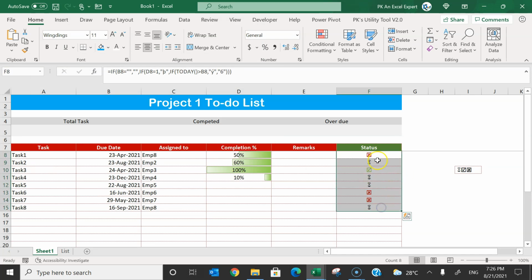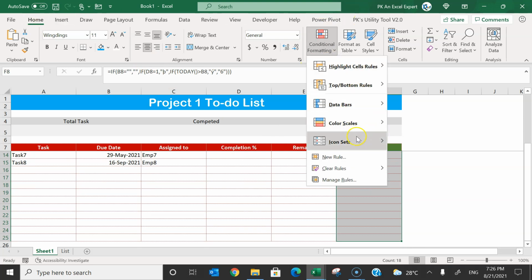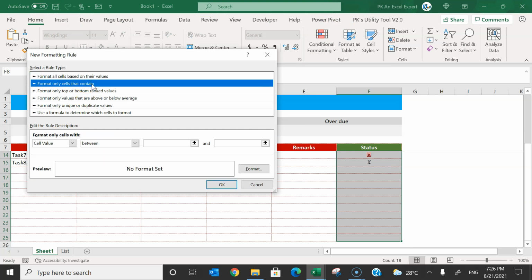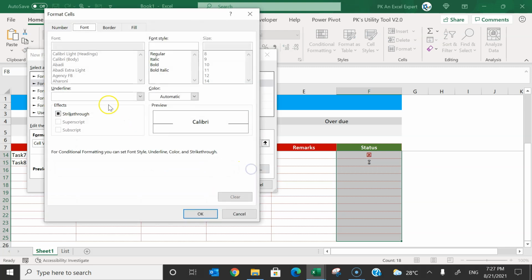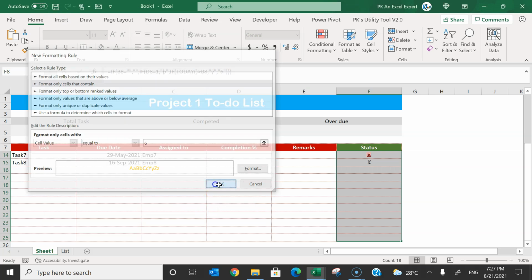Now for the hourglass you can put some yellow color, so go to Home, Conditional Formatting, New Rule, and then Format only cells that contain, equal to, put here 6, Format, and then let's take this color, click on OK.